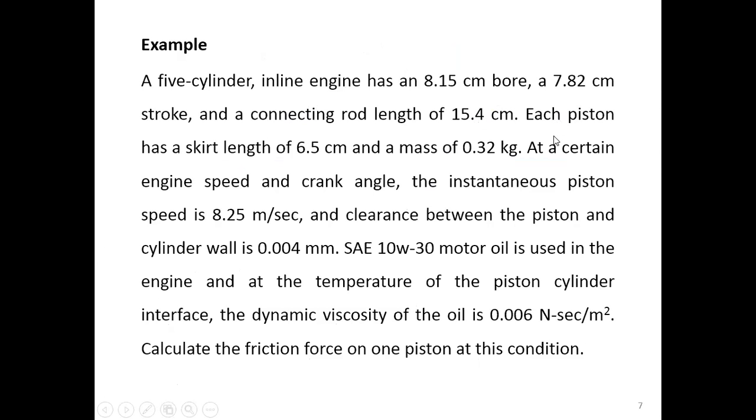Each piston inside the engine has a skirt length of 6.5 centimeter, and the mass of the piston is 0.32 kilogram. Now, at a certain engine speed and crank angle, the instantaneous piston speed is 8.25 meter per second, and the clearance